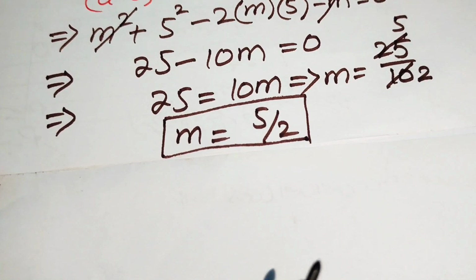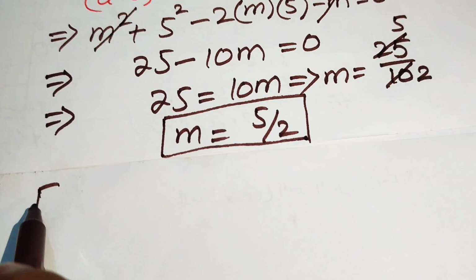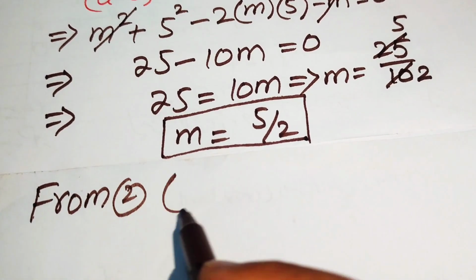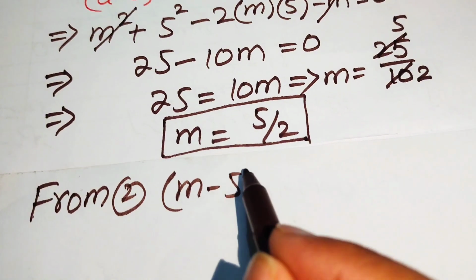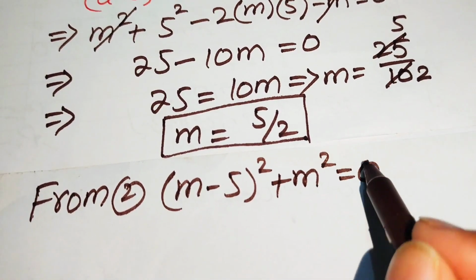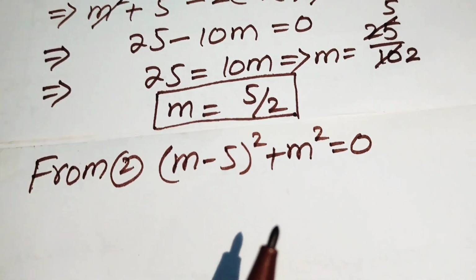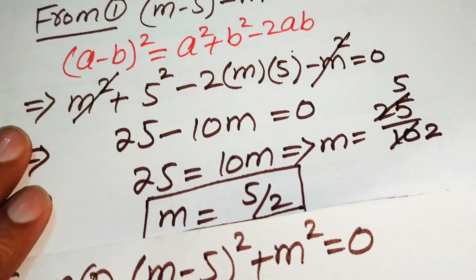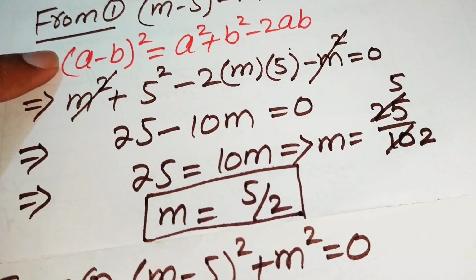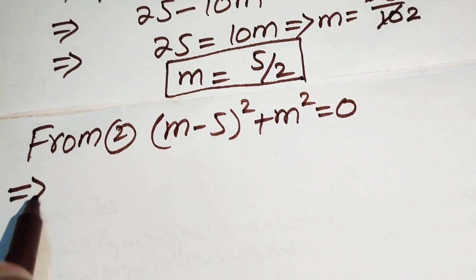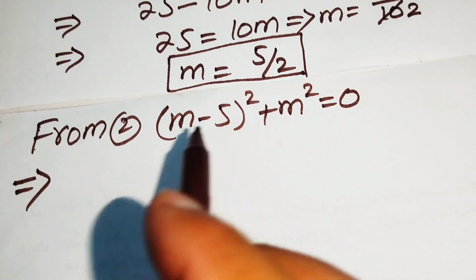In order to solve the second case, first we copy down equation number 2. So we write it as, from 2 we have (m minus 5) whole square plus m square equals to 0. So this is our equation number 2. And here we again use this nice square identity. So according to this identity, we will write the first term as (m minus 5) whole square, and